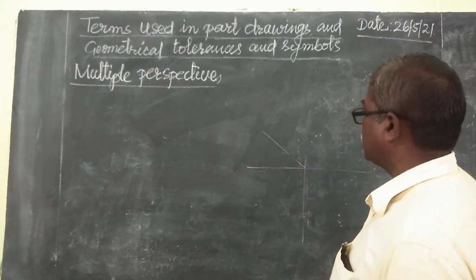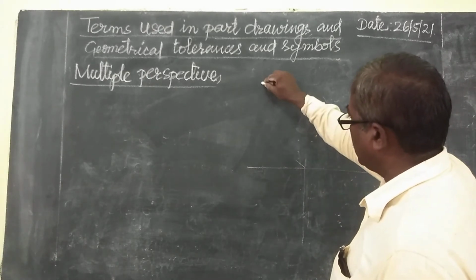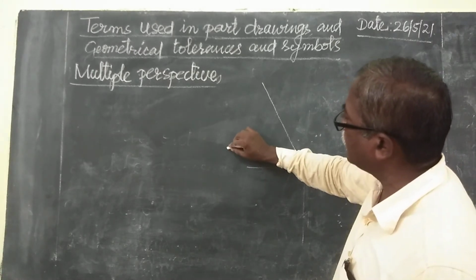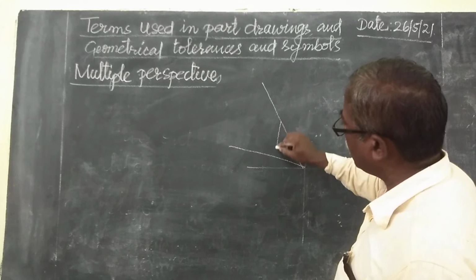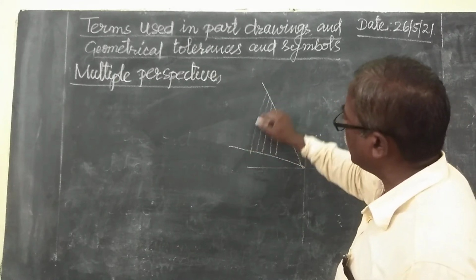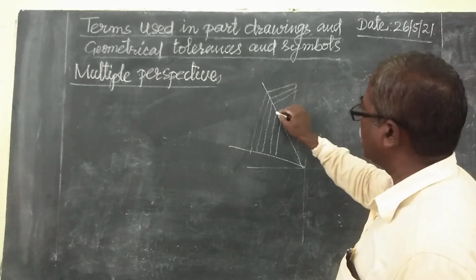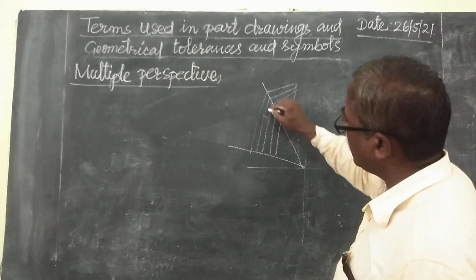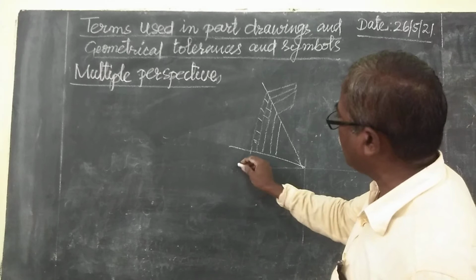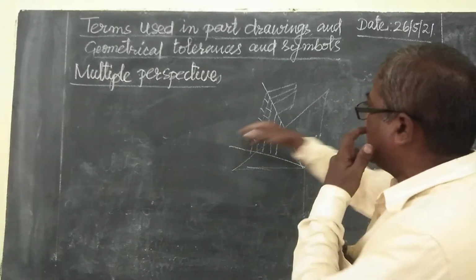For example, you see, then this is going one line and this is going another line. Then here we are making like this. The images will be formed. This images extended like this, like this. So the buildings are marked like this. So many images. One time he is observing like this and like this. This is a multi-perspective.